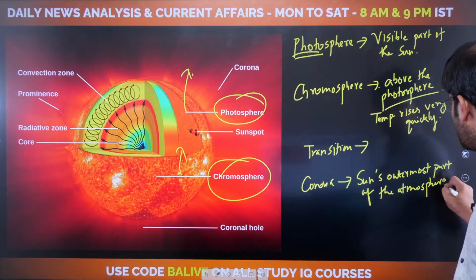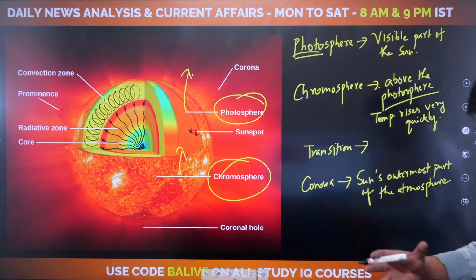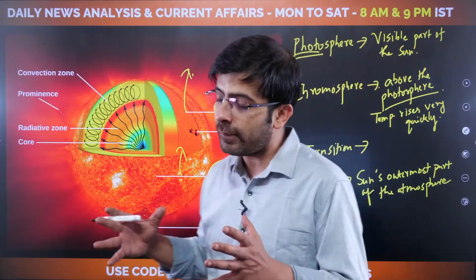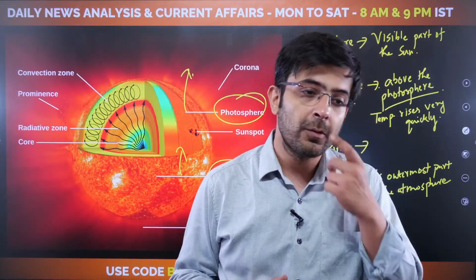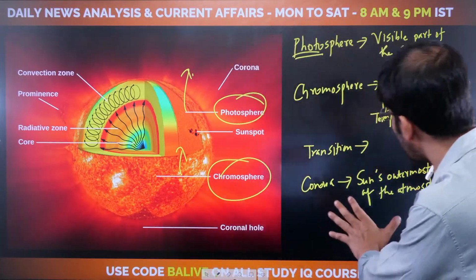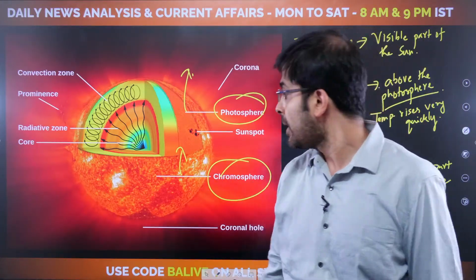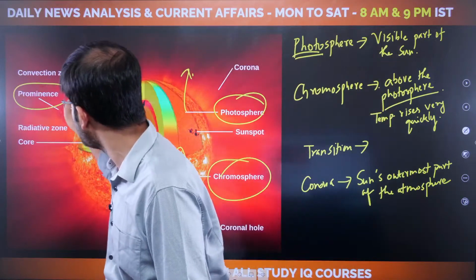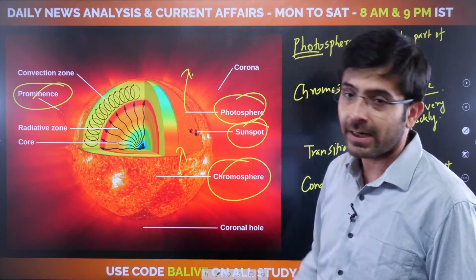These are the various zones that we have studied insofar as the sun is concerned. Now, what happens in the corona? The corona is actually the region from where you find all of these solar flares, sunspots, and prominences. All of that originates from the outermost part of the sun's atmosphere, which is called the corona. Now you are seeing certain terms that I've used here, prominence being one. There is also sunspot. Now we'll seek to understand what they are.